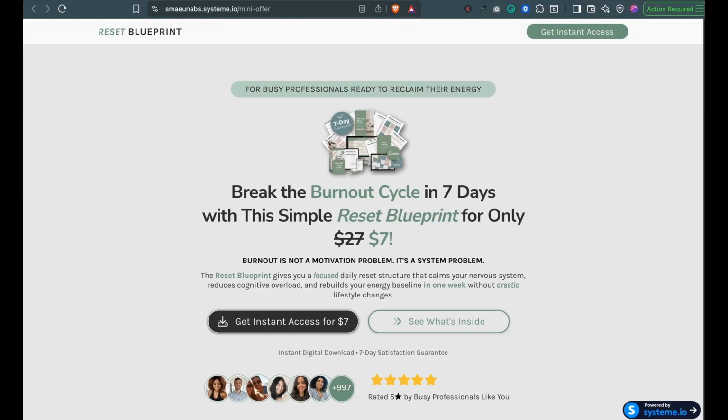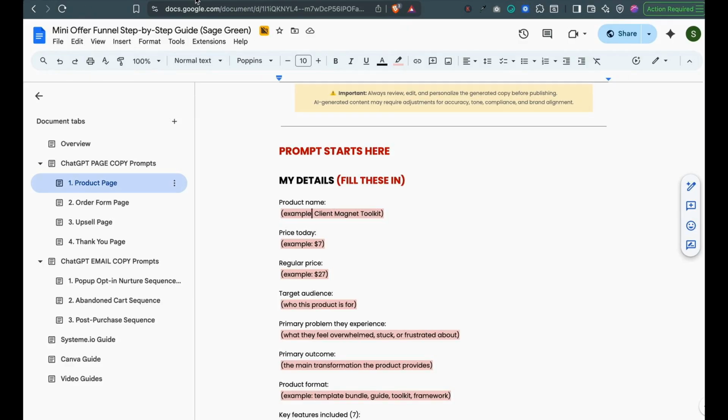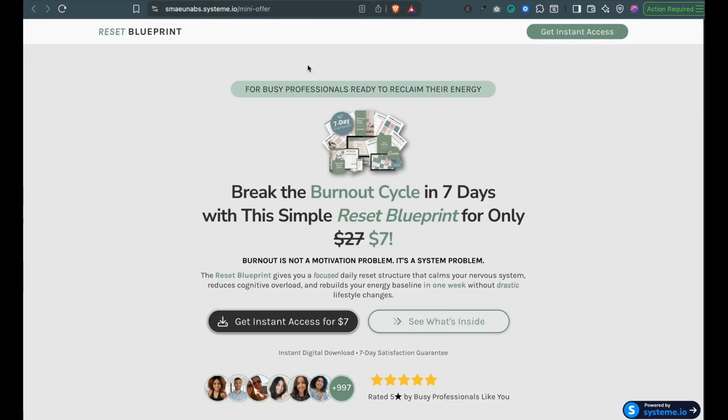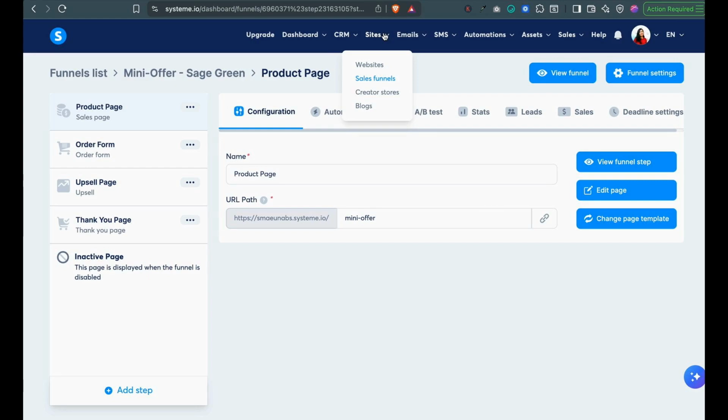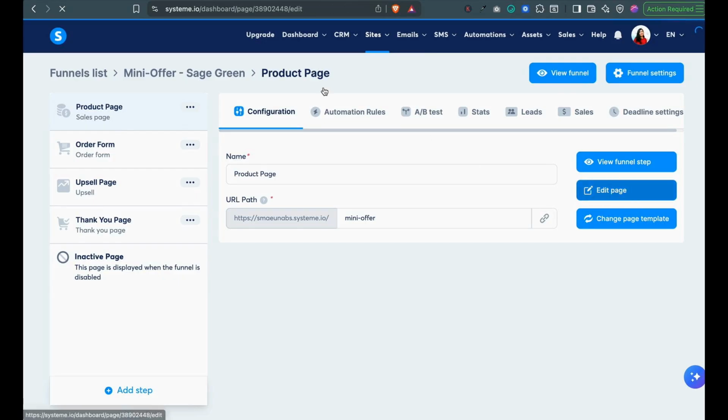I just wanted to provide an advice on how you can make this mini offer funnel, edit it faster. Just please start with the copy. So as what I've shown earlier, generate the copy in ChatGPT using the prompts that I've given. And after that, you can go to the editor, and edit the pages in the sales funnel on your system.io account under sales funnels, and then go here, for example in the product page, edit this,